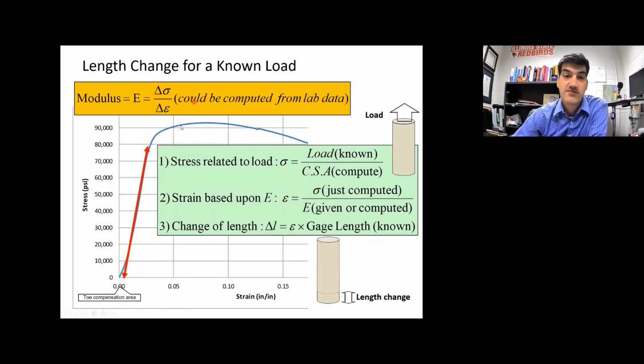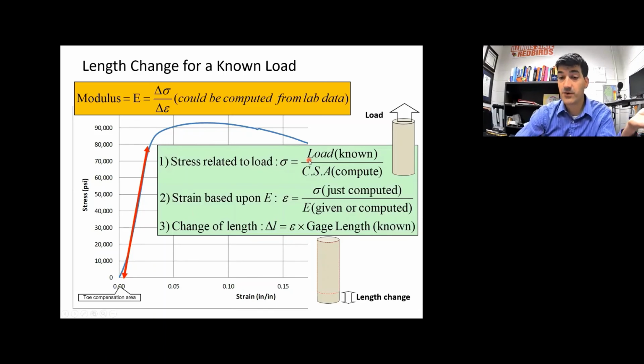Remember, it's the slope of this line, the change in stress between 2 points divided by the change in strain between these 2 points, say right there and right there. All right, so you got the modulus. You can calculate that, and you will calculate that for the next couple of labs. Then when you do the calculations, first you're going to calculate the stress, because